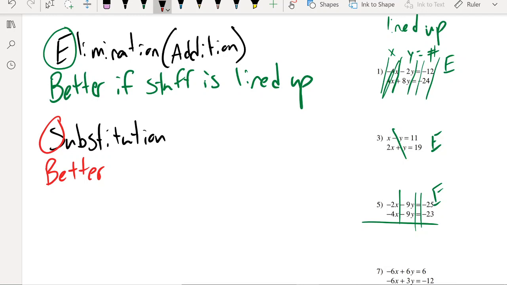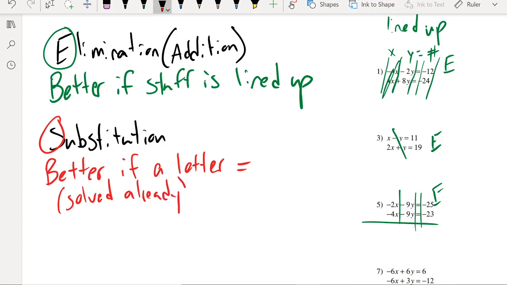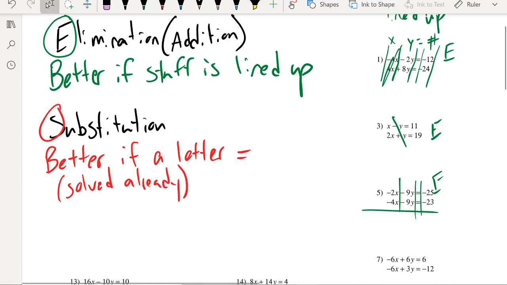It's good to know all the different methods, but there's definitely some truth in, if you enjoy doing something a certain way and you can, then why not? All right, so anyways, substitution is better if a letter equals, right? So something is solved. Solved already, right? So for instance,